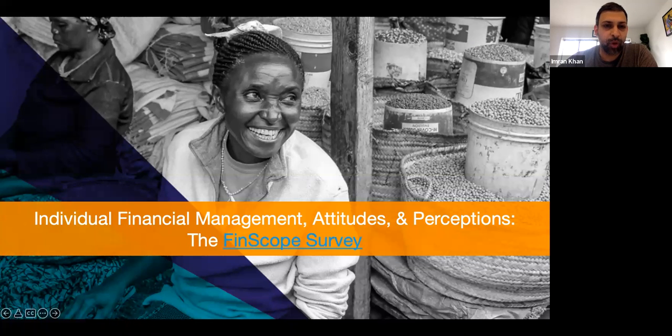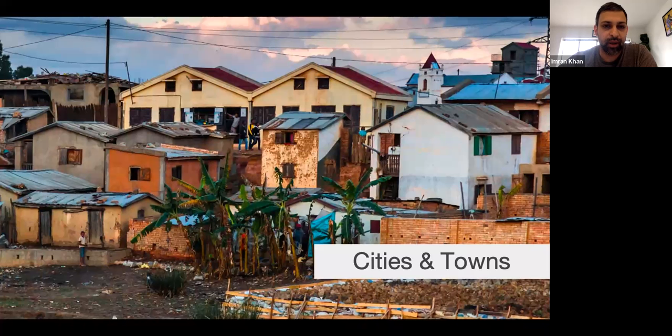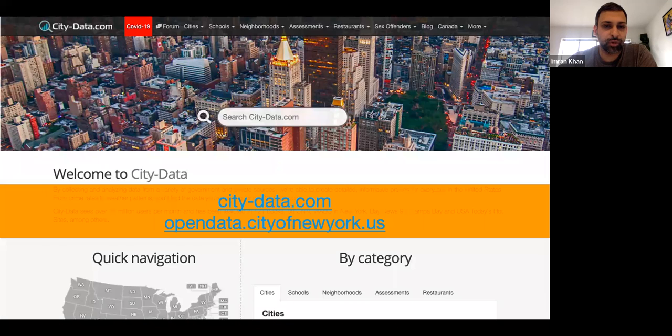There are a few open data sets that are relevant to the world of individual financial management, perceptions, and attitudes. The FinScope survey is a really good one. There are open data platforms that are relevant to city level data, so municipal data. This is the link for the open data platform that is managed by the New York City government.